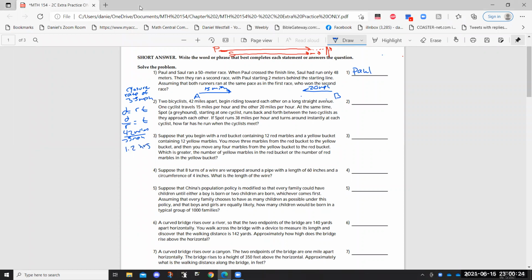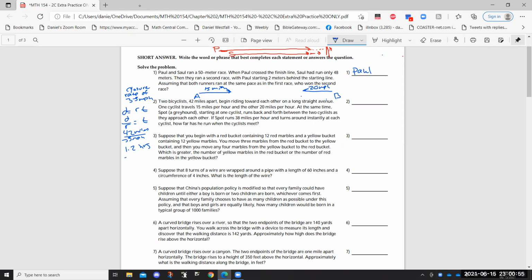Now, what's important here is that Spot's velocity never changes, that he's running at a constant 38 miles per hour, that somehow he's able to instantly turn around and go the other way and never lose any speed. Okay, so if he's running 38 miles an hour the whole time, back and forth and back and forth, he's doing it for the whole time until they